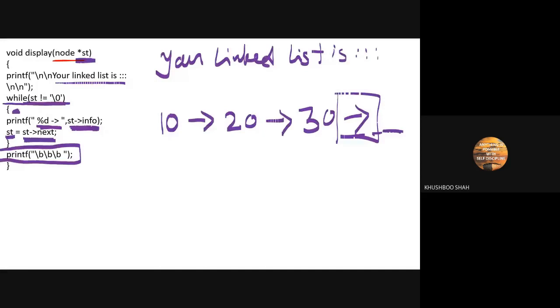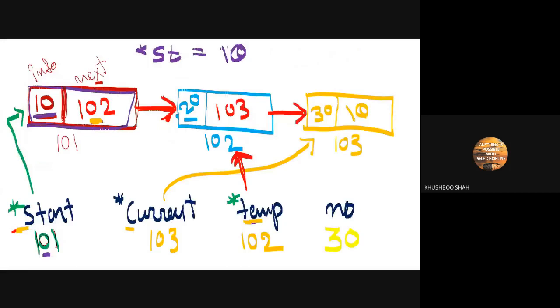So finally you will get this as your output, 10, 20 and 30. So this is your output, and this is the situation of the memory. Understood everyone? Yes, ma'am.